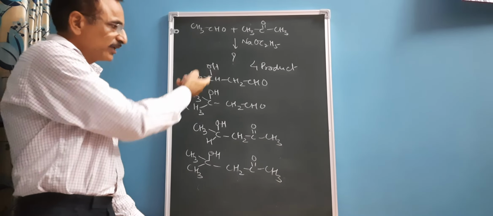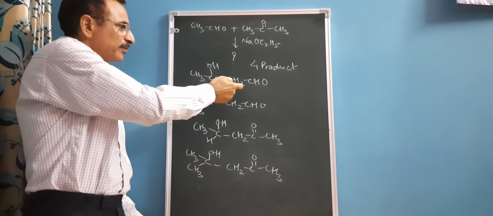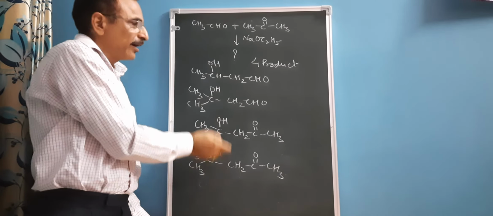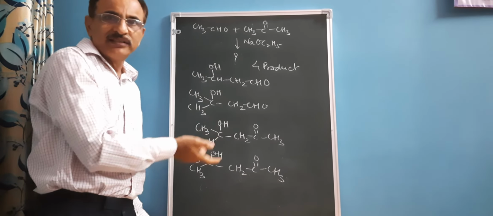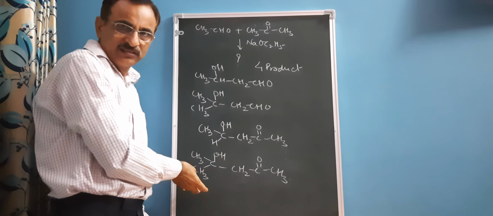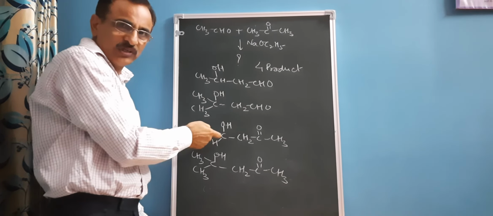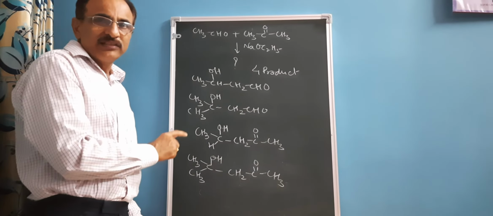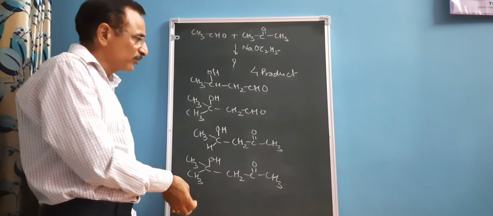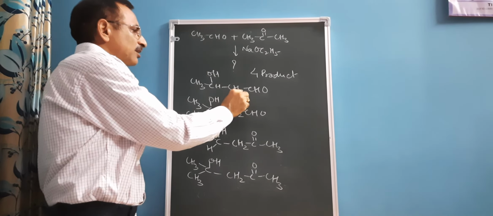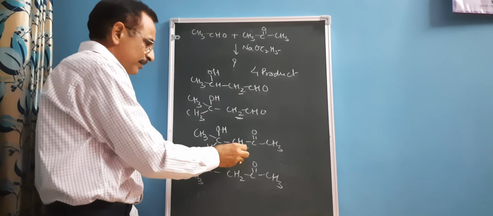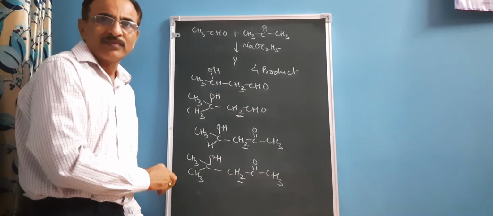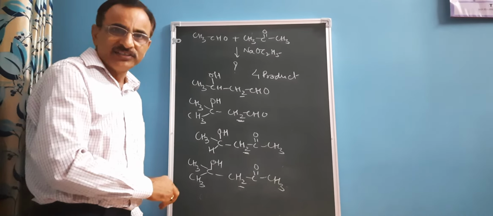It means here we can easily see that we have 2 aldol and 2 ketol. And again, when we heat these aldols and ketols, they will lose a water molecule according to Saytzeff rule and will form unsaturated aldehydes and ketones. Here there is loss of hydrogen from this carbon, here again from here, from here. And this is aldol condensation.